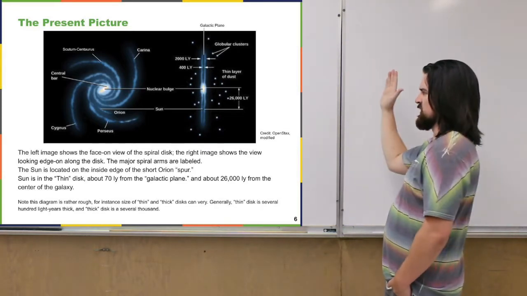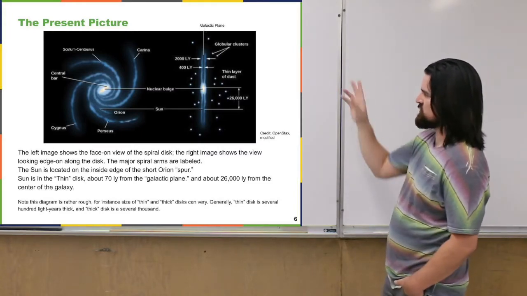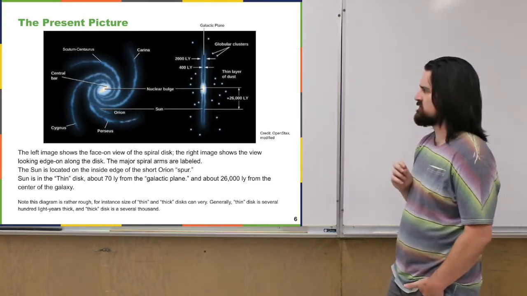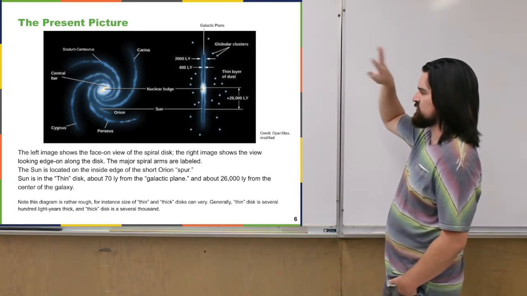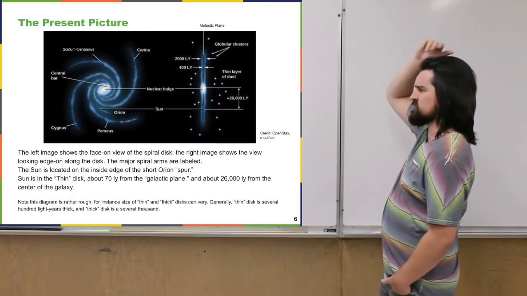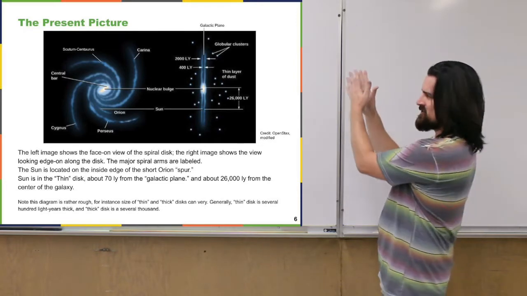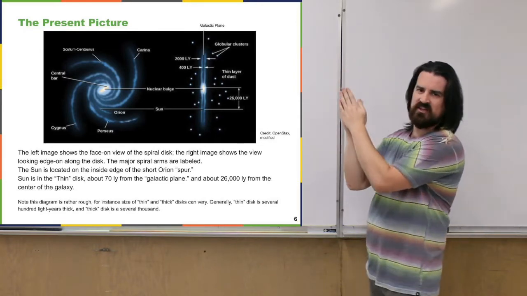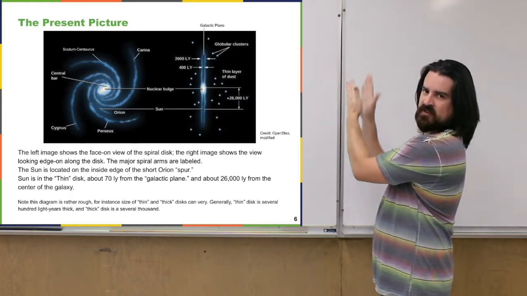I don't know if we're above or below in this picture, but we're a little bit off to the side. Still inside this thin disk though. And as it's also shown in this image, there's other dots there, and those are probably indicating globular clusters or just old stars, right? So not everything in the galaxy is in that disk. It sort of just gets less and less stuff the further away you get from the plane of the galaxy.